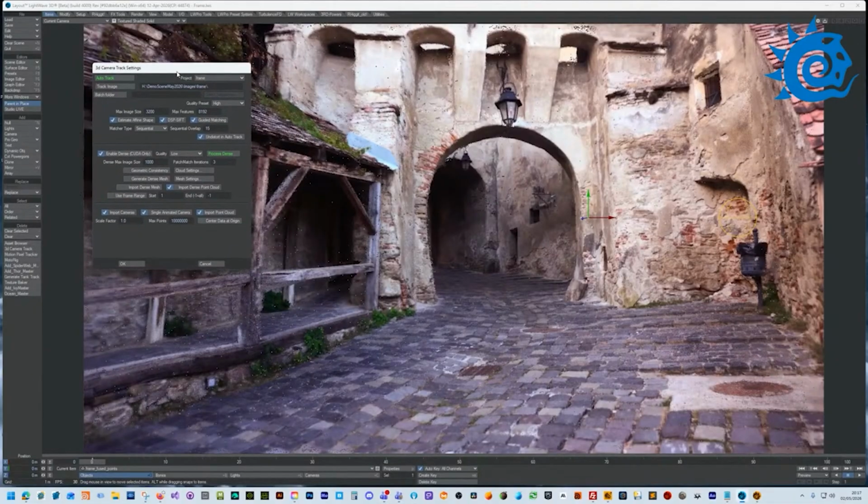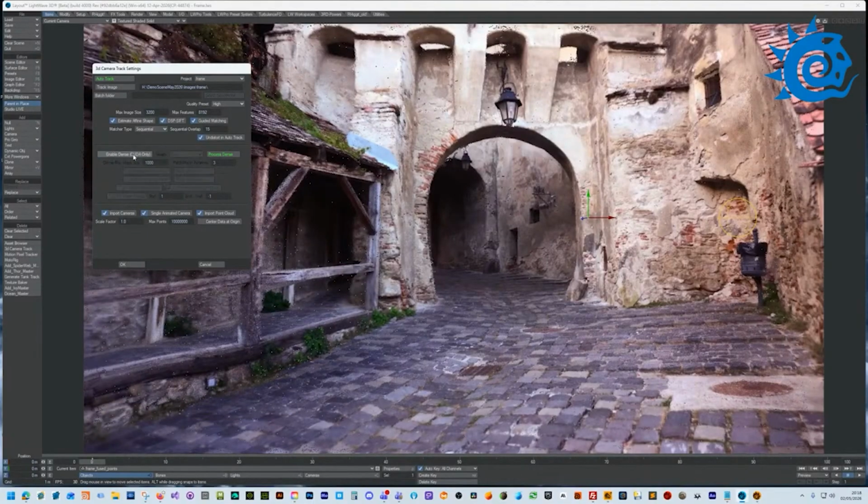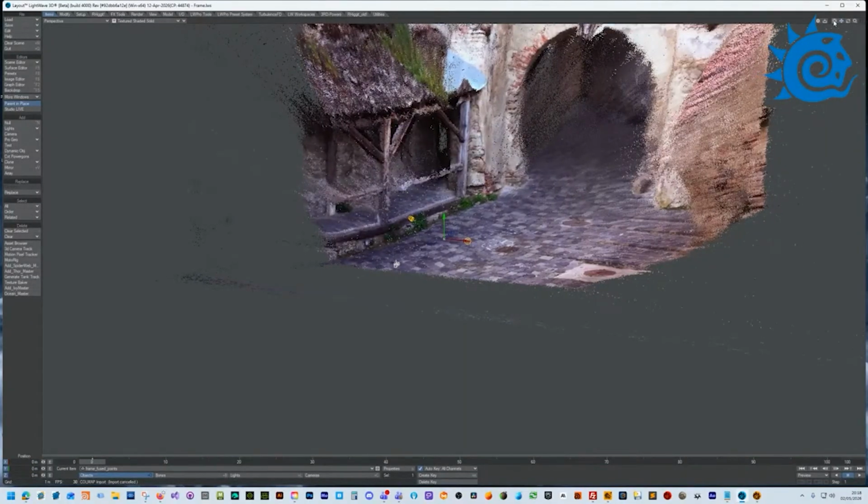So this is the new UI. It's much more compact. It's broken up into two stages. You've got here, this is the camera track side. This side, which is CUDA only, will create this, I'll cancel that, this point cloud you see here, which is